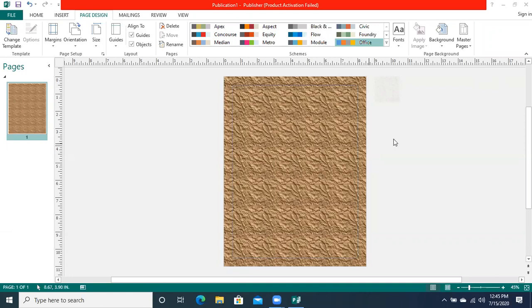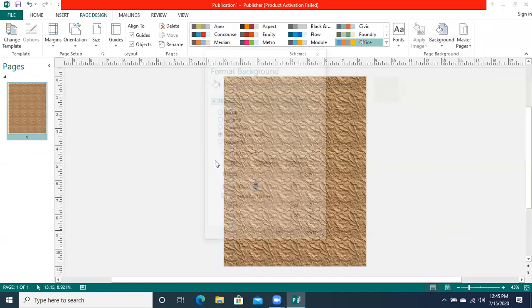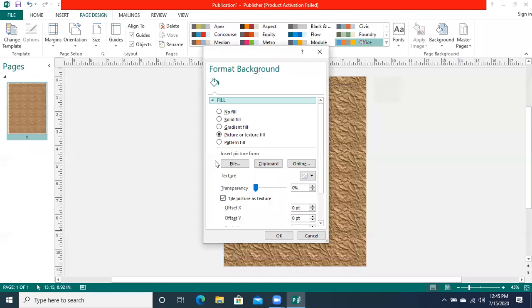You know that you will go to the background option. This is the background option. You will go to the more backgrounds. Now here you can see that we have got picture option as well.